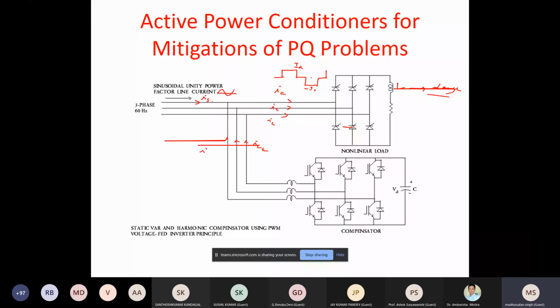The compensator sends the current in such a way that the sum of this and this remains sine. To make this square wave a sine, whatever is needed, the compensator current is nothing but the source current minus the load current. So if you are talking about phase C, the compensator current is the source phase C current minus the load phase C current. Whatever is the difference is being compensated, by nothing but a set of switches you see here,